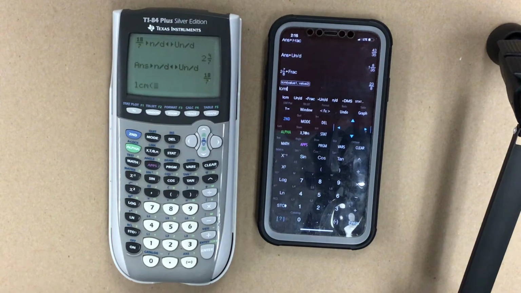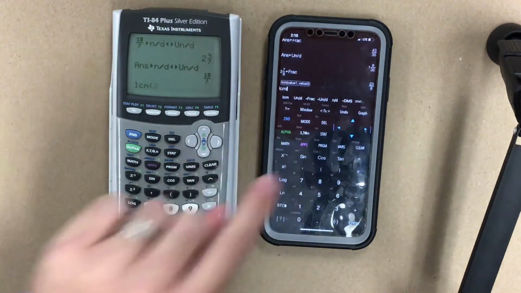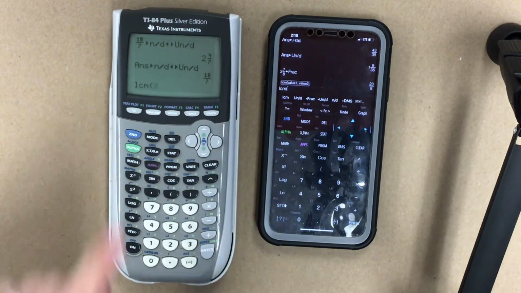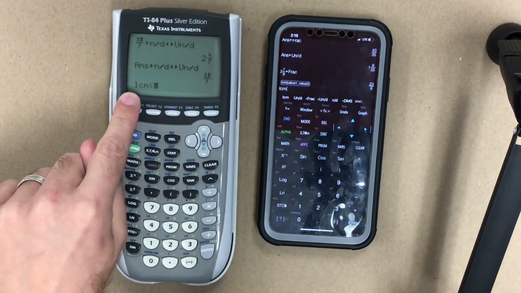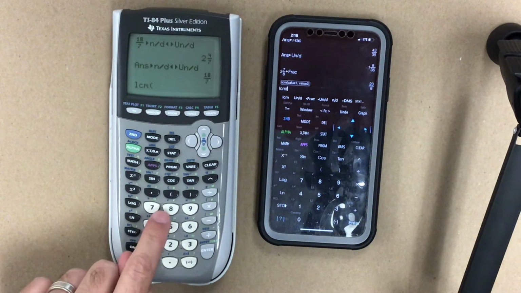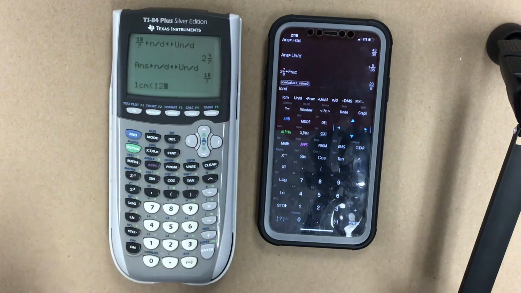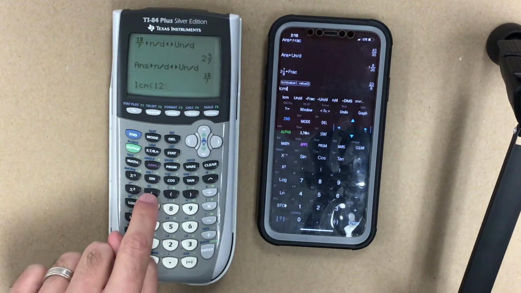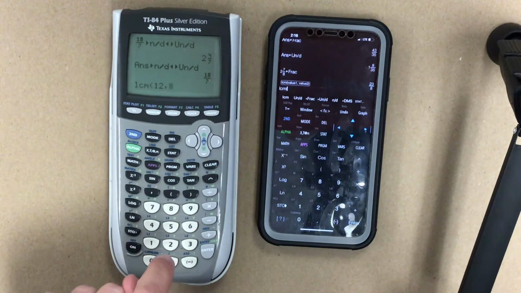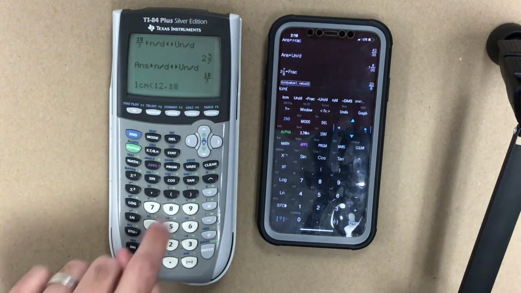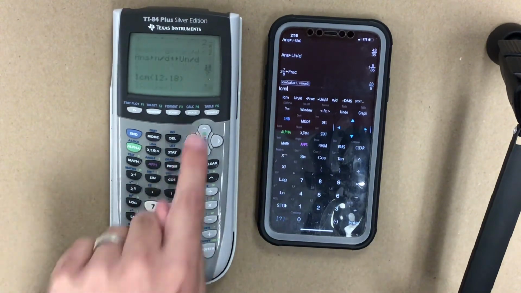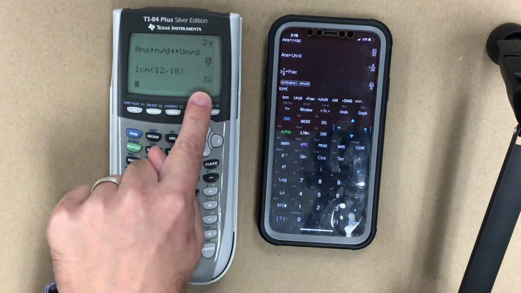Well, what that means is you got to know you're dealing with the two denominators. 7 over 12, so that means 12 is the denominator. 8 over 18, 18 is the denominator. So to find out what is the least common denominator, I would go to the LCM and I would type in, for the first one, 12, and there's a comma button right here. 18 was my other denominator, and it tells me that my least common